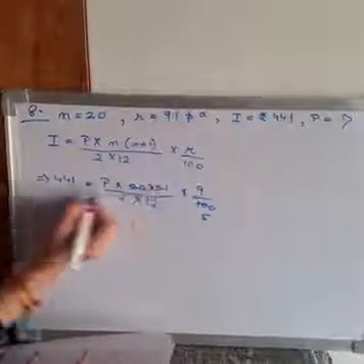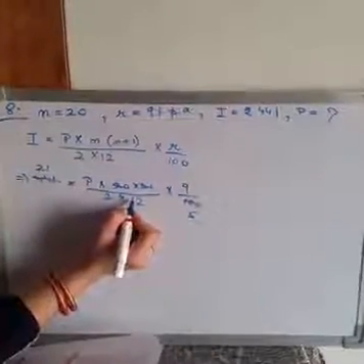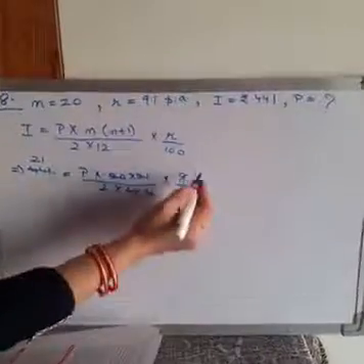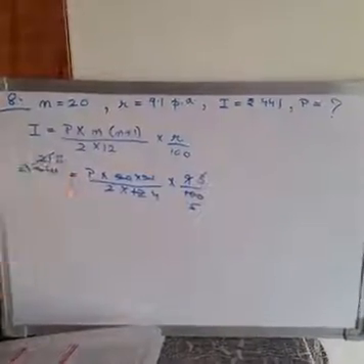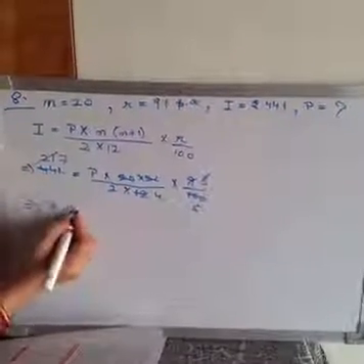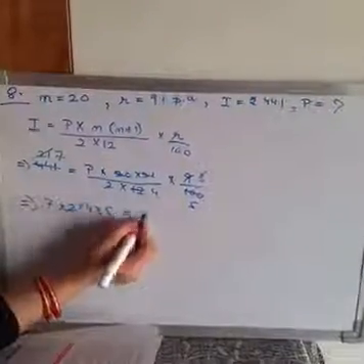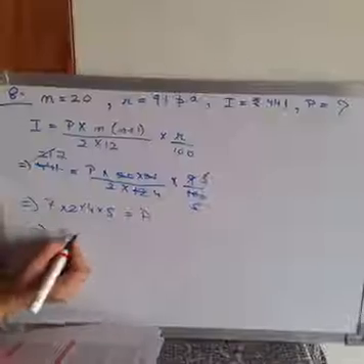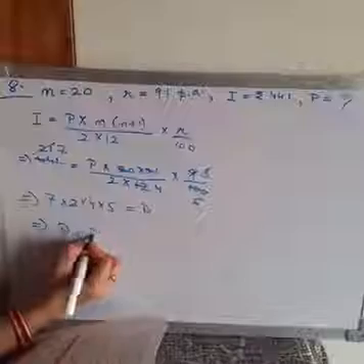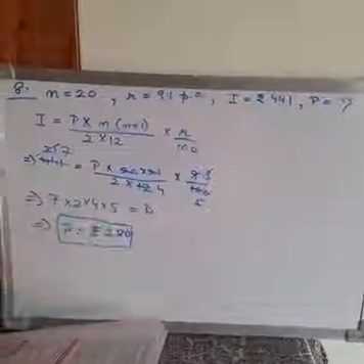Now 20 will cancel this 5 times. Then 21 square is 441, so this will cancel it 21 times. Then next is 3 into 4, 3 into 3, then 3 will cancel this 7 times. Okay, so let's take down the remaining. So 7 into 2 into 4 into 5. This is the value of P. So let's multiply and check. That means P will be equal to 7 into 2 is 14 into 20. So that is 280. That means the value of P is equal to rupees 280.